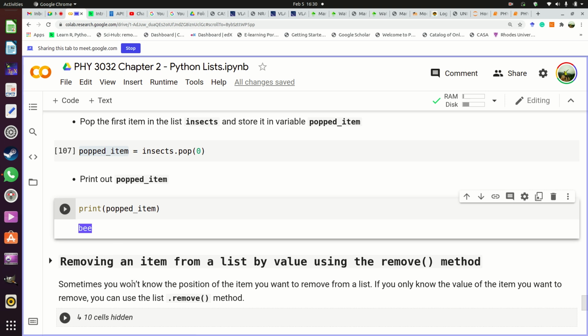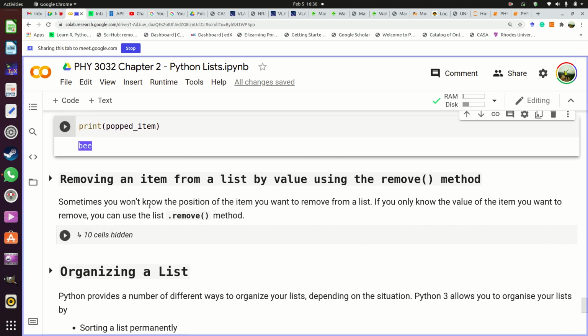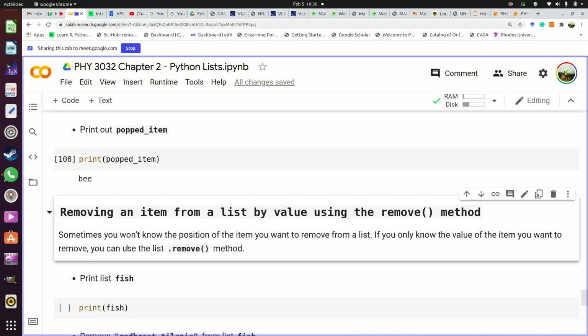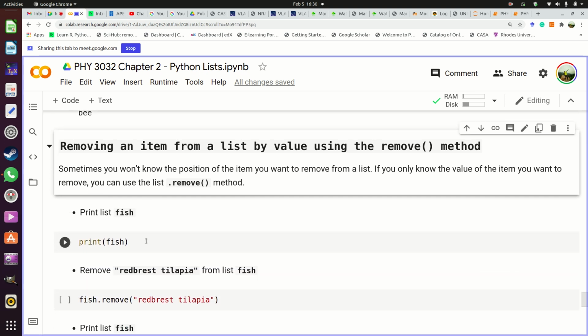All right. The next one is, so delete and pop allow you to remove items from a list using the position. The next thing is you can remove items from a list using the value of the item. Because sometimes you have a list which is very, very long, so you don't really know exactly where a particular value is. Is that clear? Yes. If you don't know where a particular value is, you can remove that particular item by its value